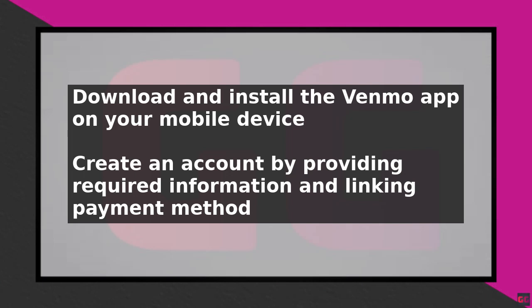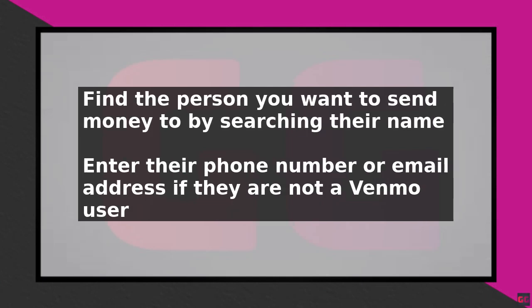to your Venmo account. After setting up your account, find the person you want to send money to by searching for their name, phone number, or email address in the Venmo app. If the person is already a Venmo user, their profile will appear in the search results. If they are not a Venmo user, you can still send them money by entering their phone number or email